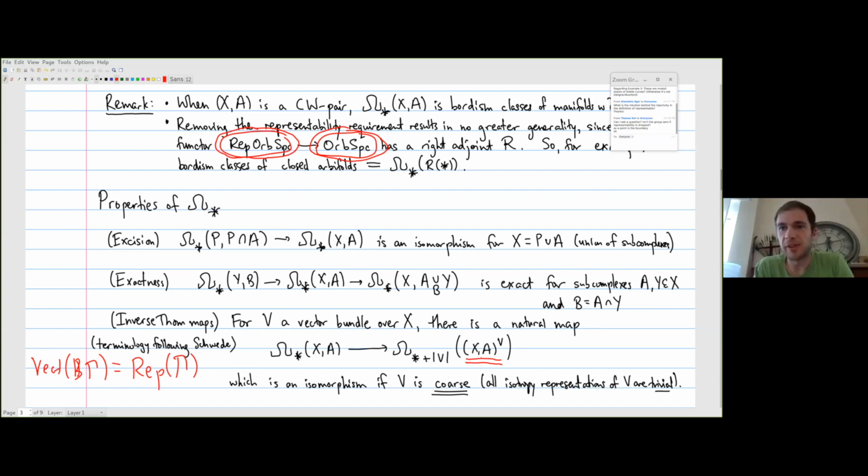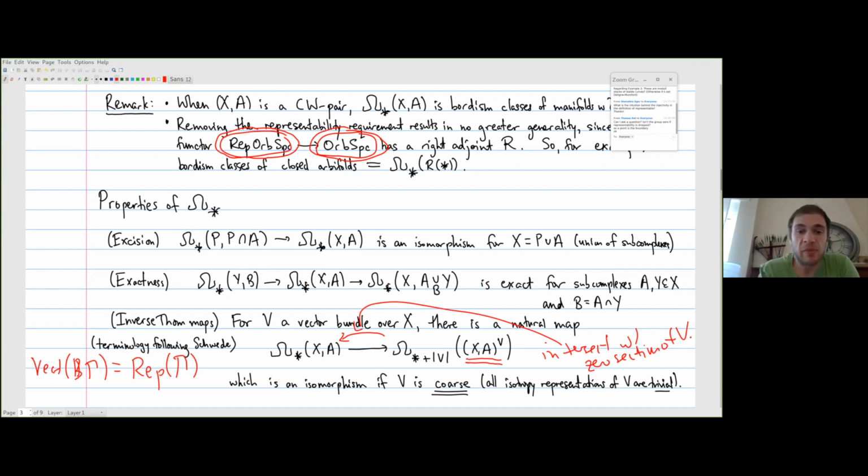There's of course a little bit of a hiccup though, because I never said anything about this intersection being transverse, and if I want to get an orbifold out at the end, I better argue that this arbitrary orbifold mapping to the Thom space of v over x can be perturbed so as to be transverse to the zero section. So when I intersect with the zero section of v, I can actually get